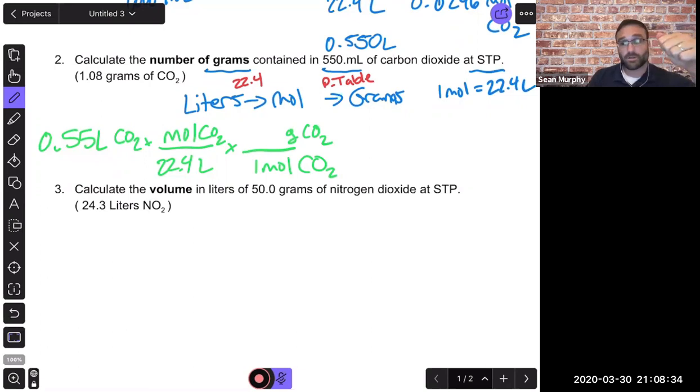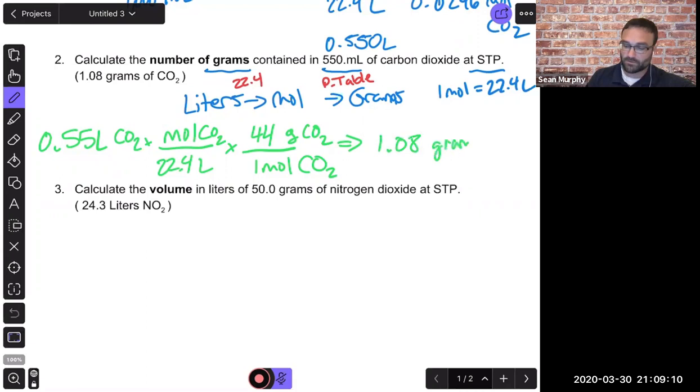If you look at your periodic table, carbon weighs 12, oxygen weighs 16, so 16 plus 16 plus 12 should equal 44 grams. Now, we are not cross multiplying. Everything is on the same side of the equal sign, so we multiply the tops and divide by the bottoms. So get out your calculator: 0.55 divided by 22.4 times 44. And you should get 1.08